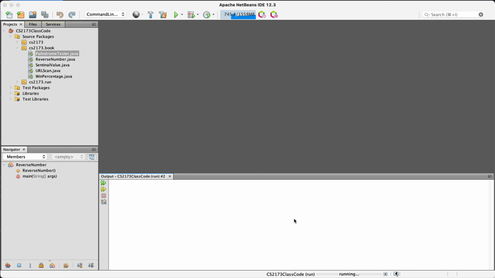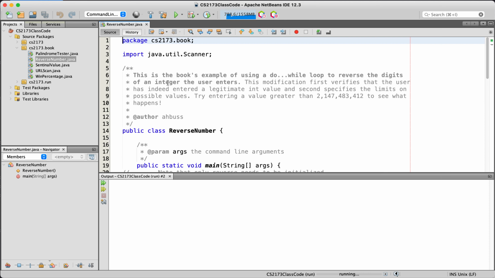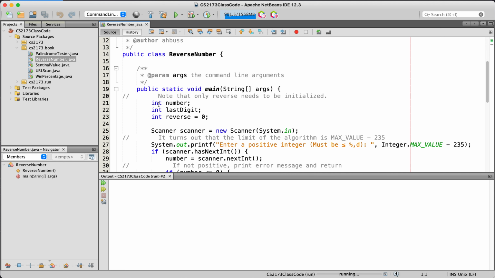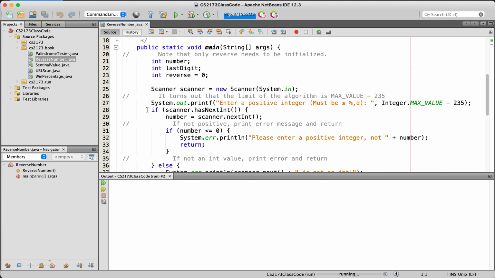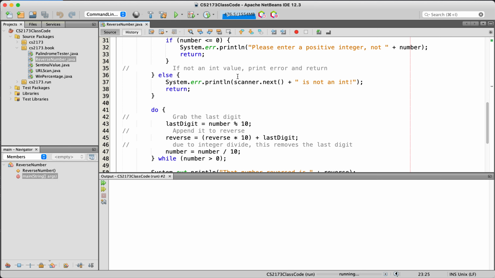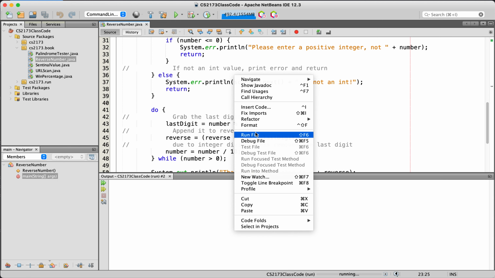This is just a little demonstration of how to use the debugger, and I'm going to use an example from a future class, actually, on Wednesday's class to illustrate that. This is my tweak of the book's example of this kind of clever way to take an integer and reverse the digits. So we'll go over the details of that tomorrow, but